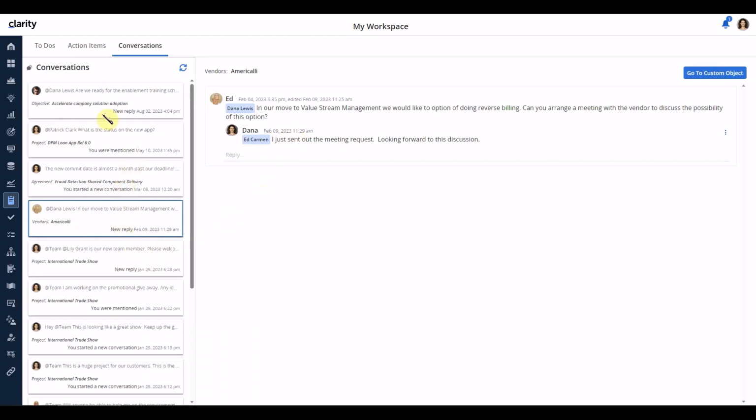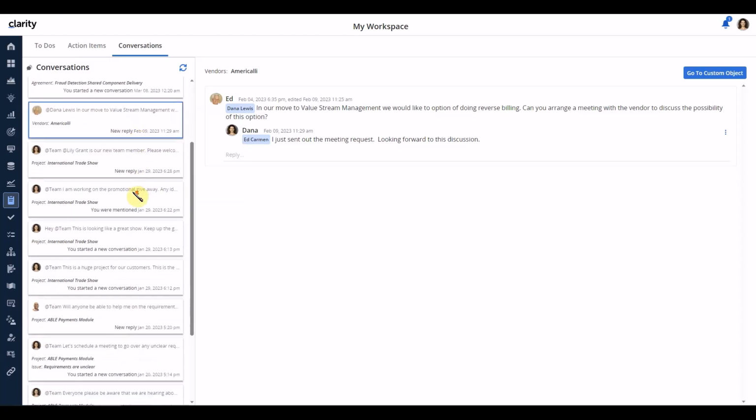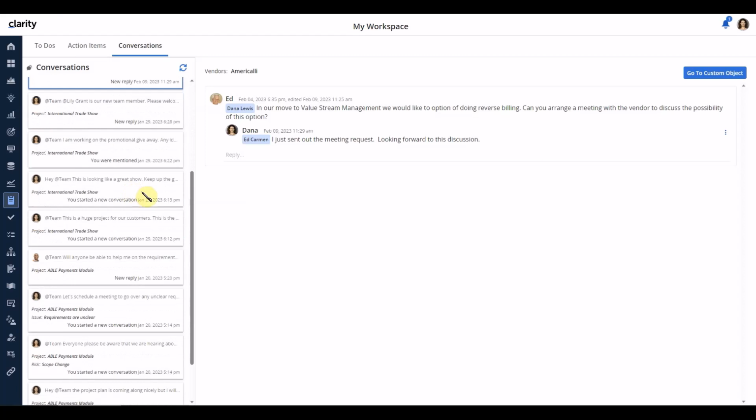So you can see the different information that is now available, and the different replies, whether it's because the user is mentioned, there is a new reply, or because the user started it. If a conversation is started in a sub-object, then this is how it will be displayed, where you can see that the conversation was started by Dana, mentioned it to the team, and the conversation was started within an issue under a project.